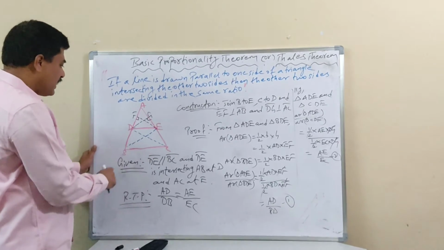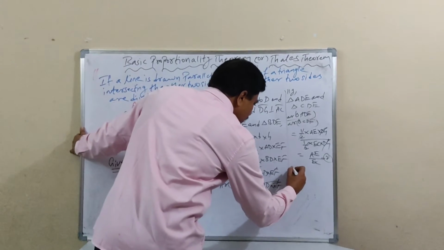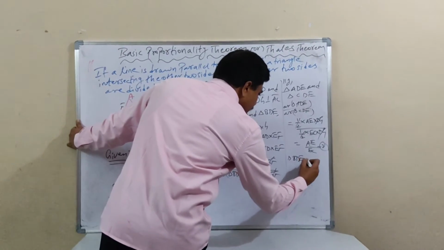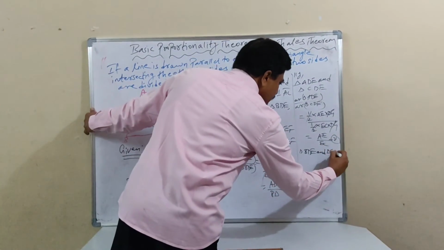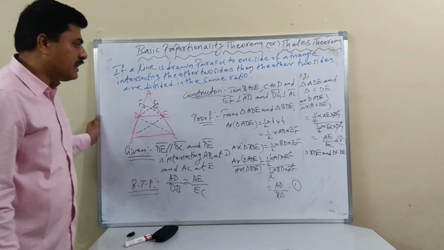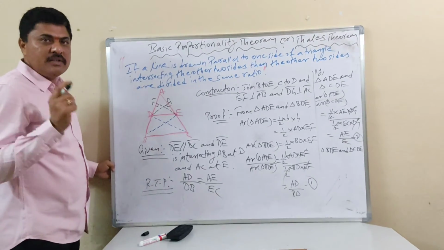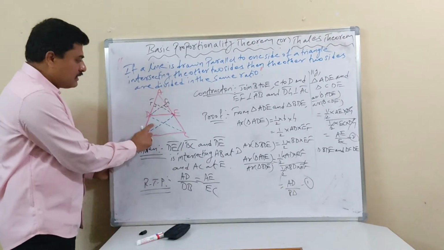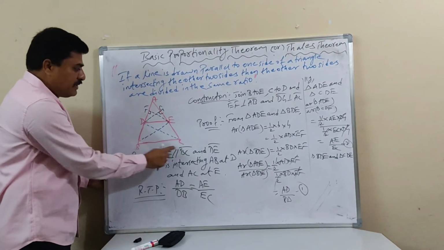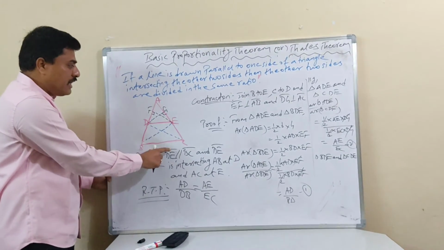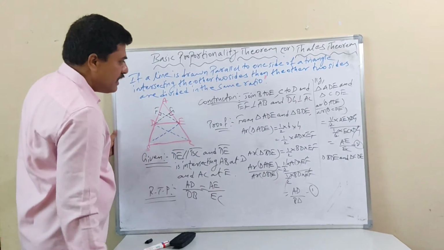Also, I am comparing these two triangles, BDE and triangle CDE. Here, what can we say about these two triangles? My dear students, in 9th standard, we have proved one theorem. That is what? Two triangles that lie between the same parallel lines. DE and BC are parallel. Both the triangles lie between the same parallel lines and both are on the same base BC. So BC is the same base here.